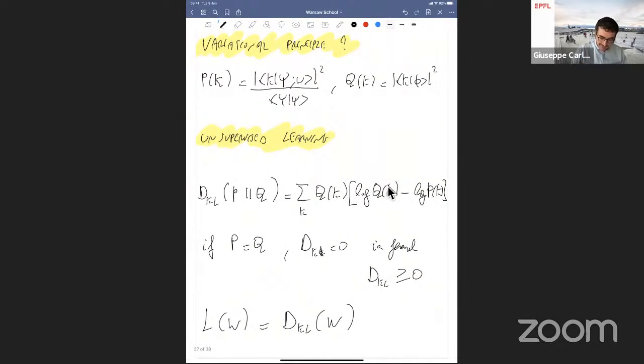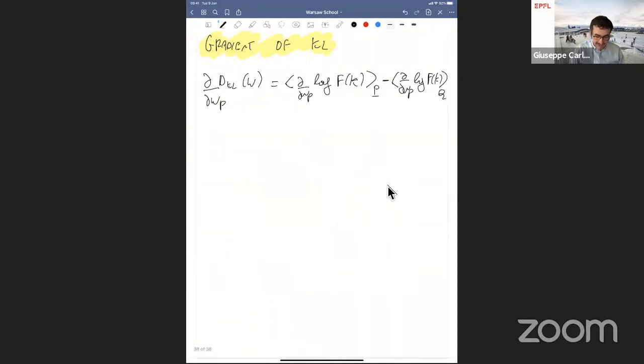It's simply the fact that essentially I'm taking my P of K, in general to be an unnormalized distribution. So I will take this to be Fk of W divided by some normalization N of W. Okay, so if you want, F is just the unnormalized probability density, because in general I might work with probability densities that are not normalized. But if the probability is normalized, you don't have to care about this distinction between F and P. But in any case,